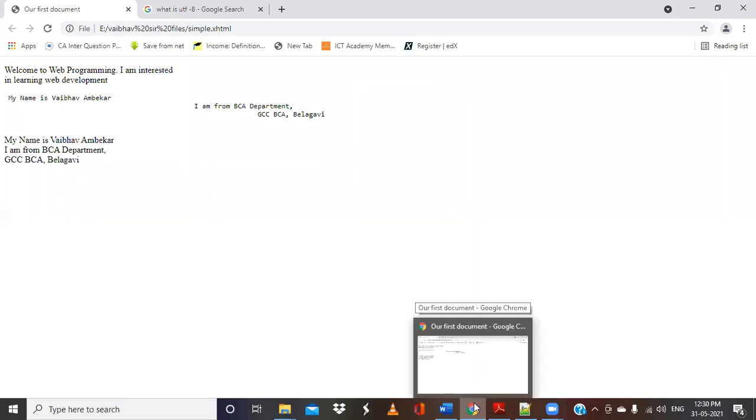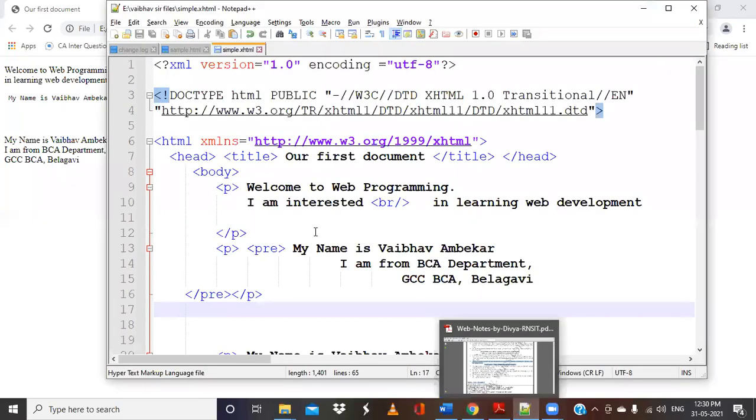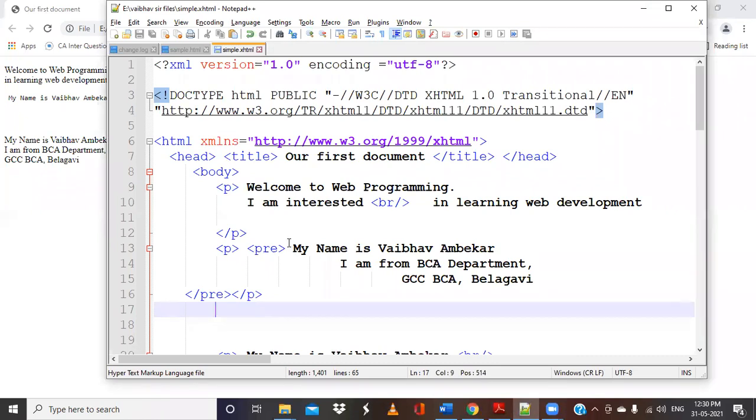By default, the browser will ignore the white spaces, but if I want to give them manually according to my wish, I have to use the pre tag. The pre tag will help us to preserve the white space. That is the meaning of pre tag, preserve the white space. Are we all getting it, everyone?